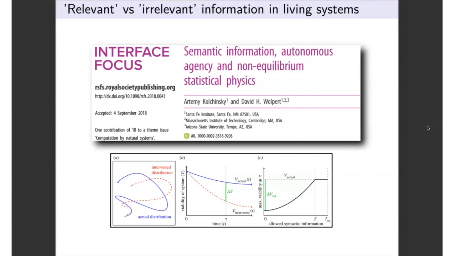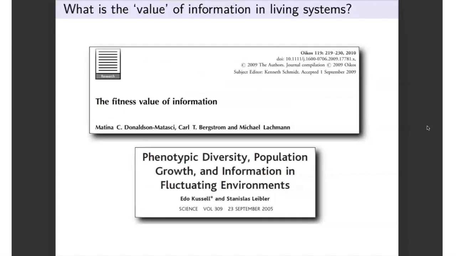And the information that will not affect viability function is called irrelevant information. And so this is the kind of setup that we start with. But also let me mention that in this context of understanding the value of information in living systems, there is also